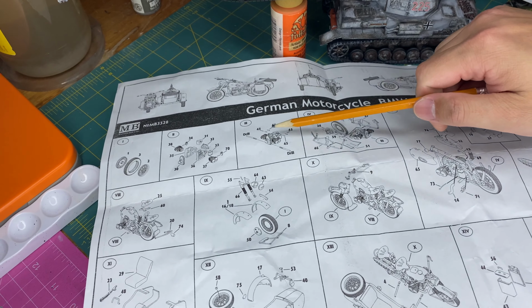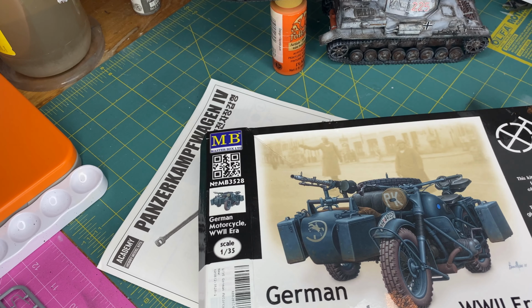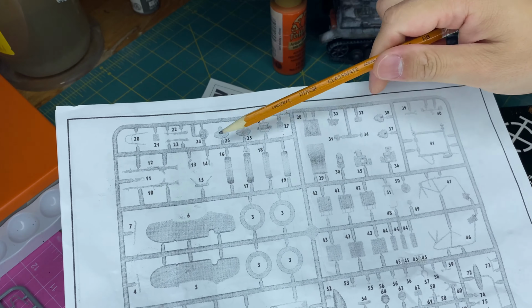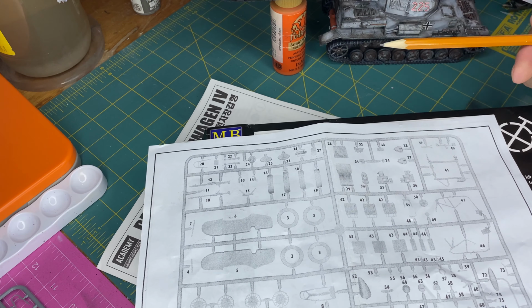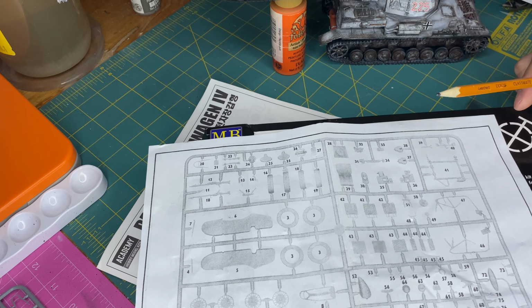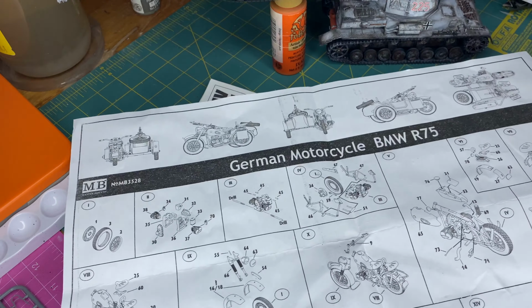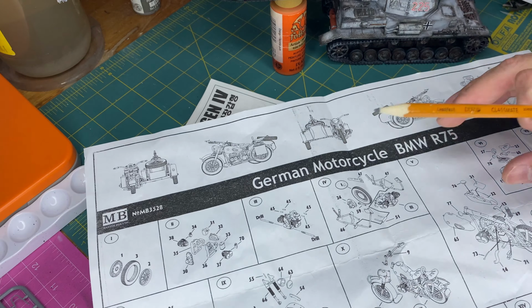So when you try to look for a 24, you have to flip back to the instruction on this page and find 24, and then go on the sprue to find the 24. So it's just kind of an awkward way of doing it. It's not that complicated to put a number on the sprues, but I don't know why they don't do it. And second of all,